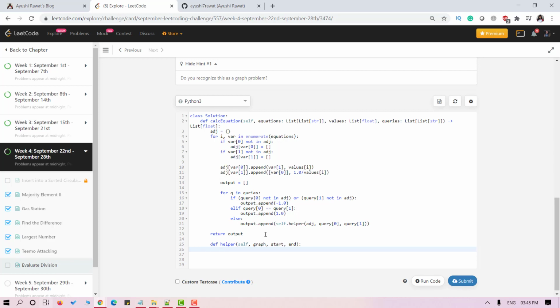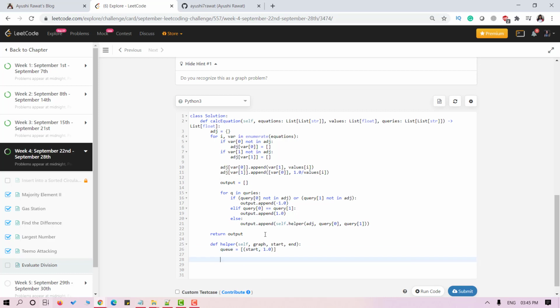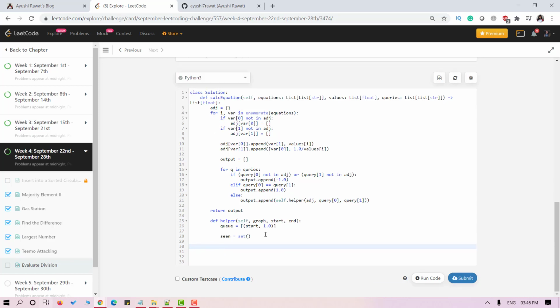We'll start with the first variable. Next, we'll keep track of the nodes that we have already encountered. Next, we'll run a while loop over the queue.